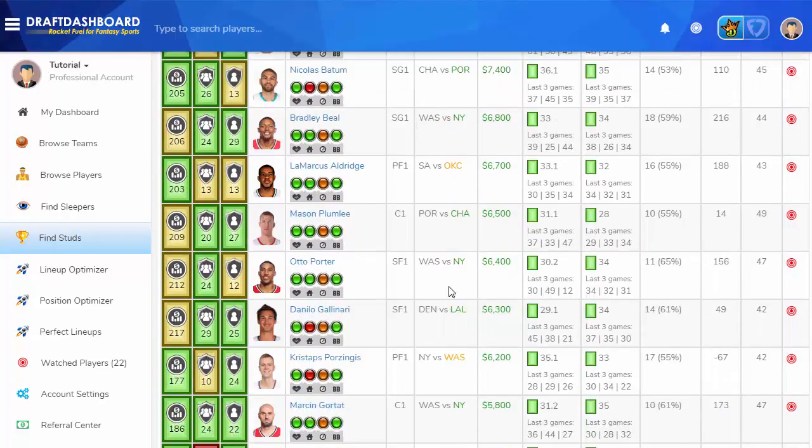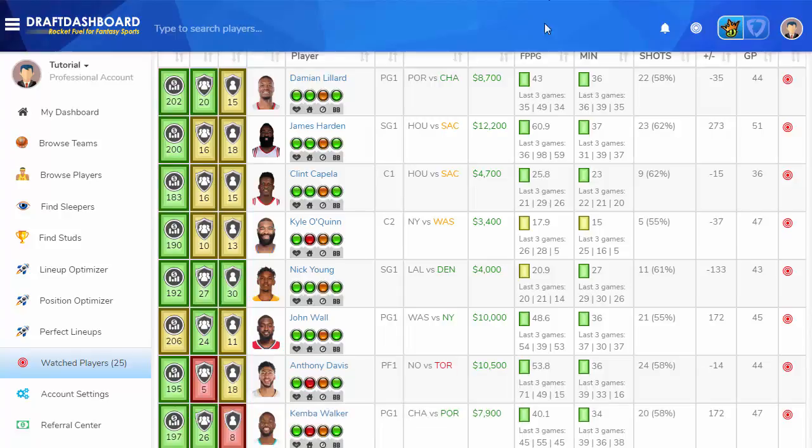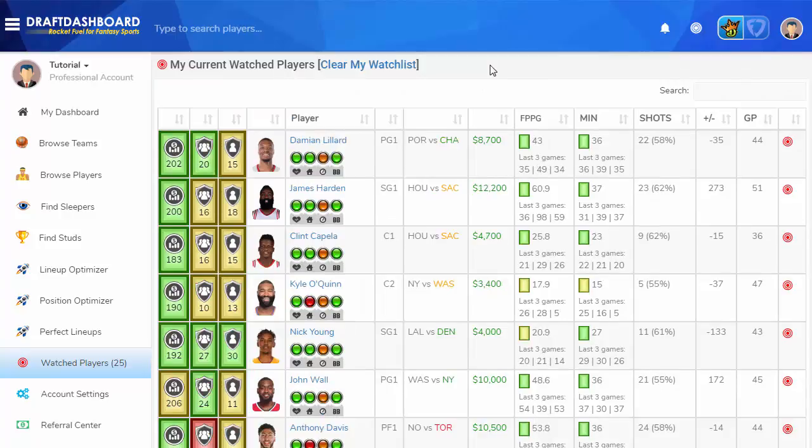Let's take a look at all the players we've watched so far. We're going to load our watch list. So this is where you manage your watched players. You can clear all of them with a click of a button if you want to. Who you're watching kind of changes day to day. That's why that's an important button. So it looks like I've watched 25 players already,